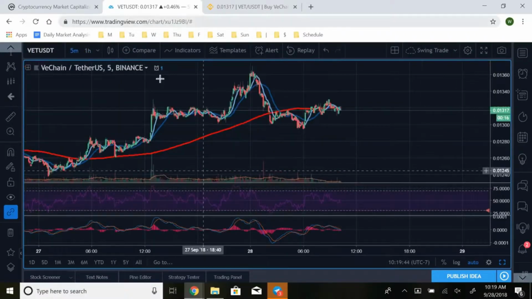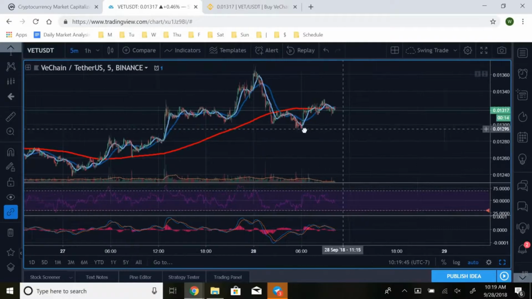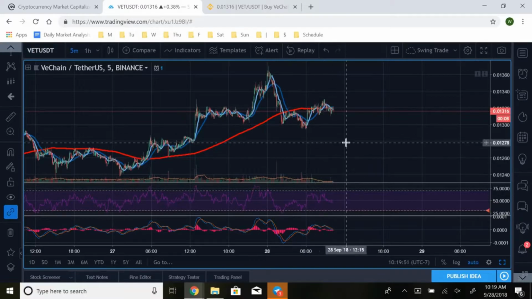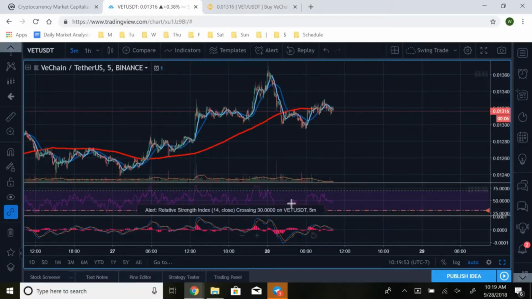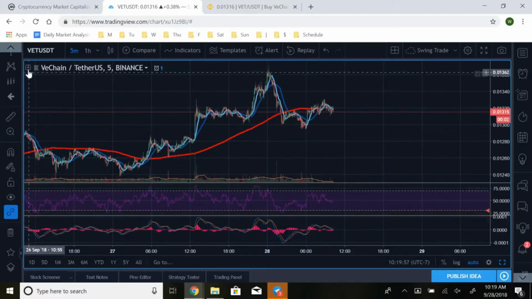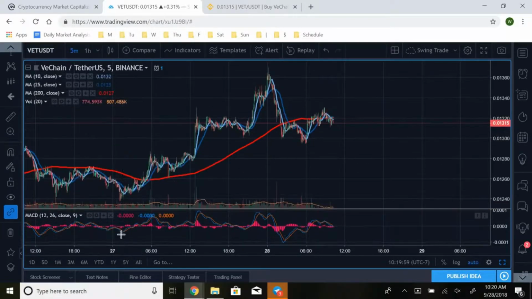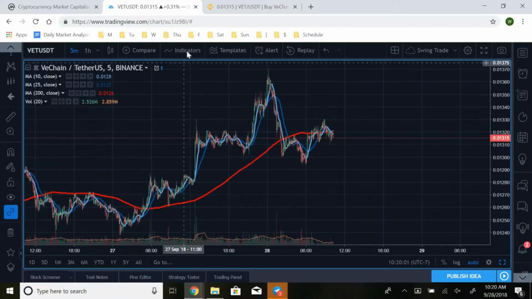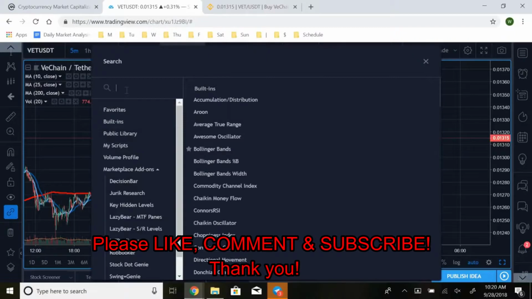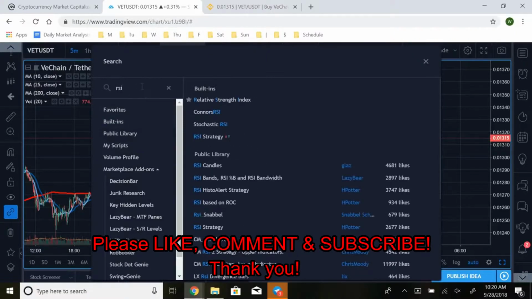So now that we have that selected, now we really need to get into all the different indicators that we're going to be using, right? To start off, I want to start off with some of the simple indicators like the RSI and the MACD. So in order to get these up, why don't we just X them out here, and you're just going to come up here to the top, select indicators,